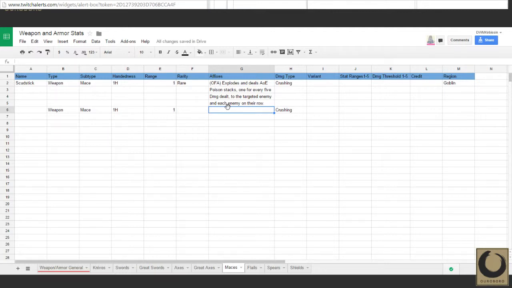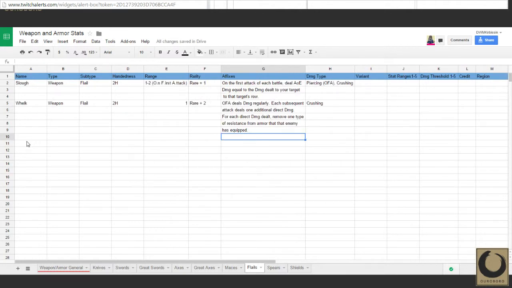Now back to this mace. Maybe something. Whenever I think that this idea works better for a flail. Weapon, flail,